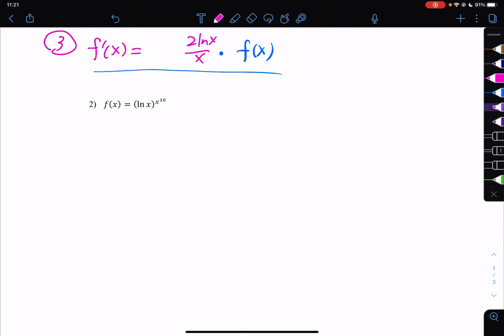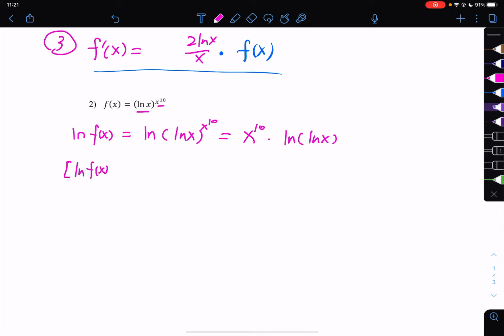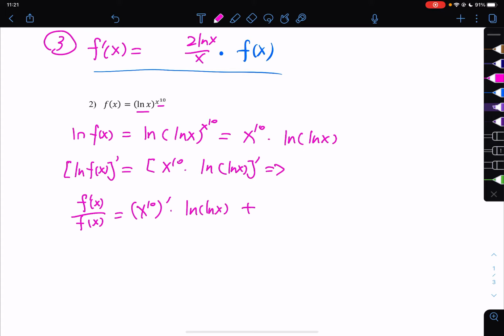Similar idea: it's a variable base and a variable exponent, so your only option is to take ln on both sides of your expression, so you don't have a power tower to work with. What you end up with is a function that looks like this. Then you take the derivative on both sides: ln f of x is a multiplication of two functions put together. What you end up with is f prime of x over f of x, which is the derivative of the first term, x to the 10, times ln of ln x, and then